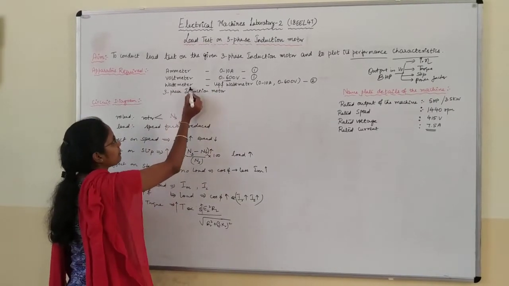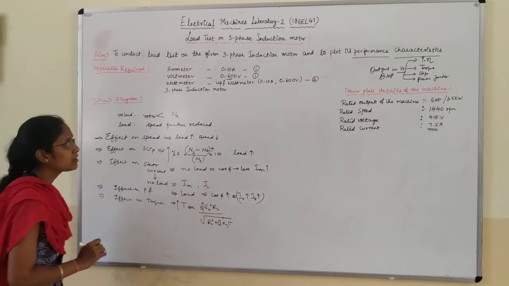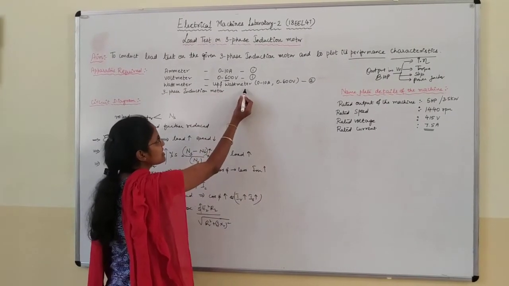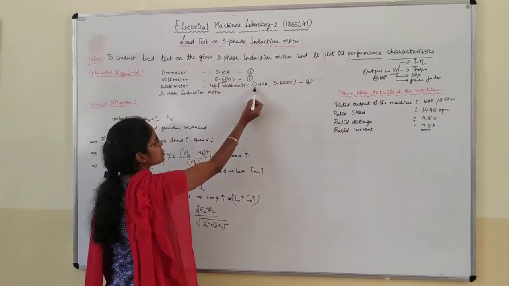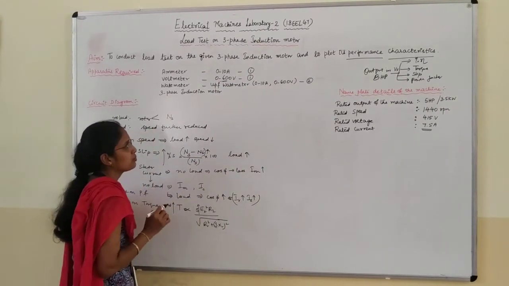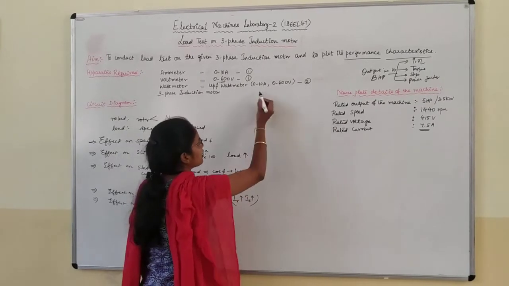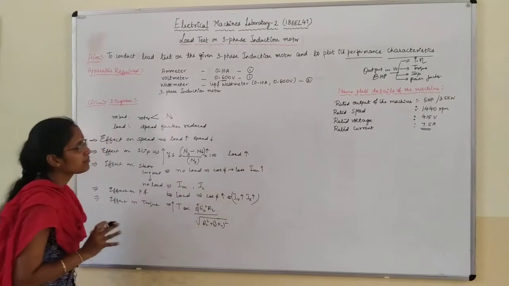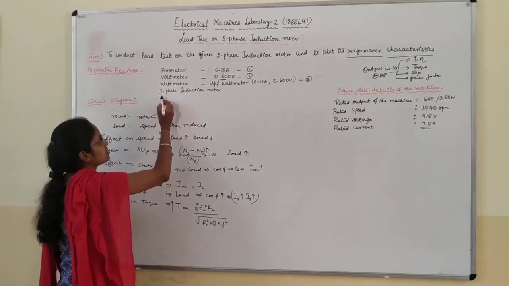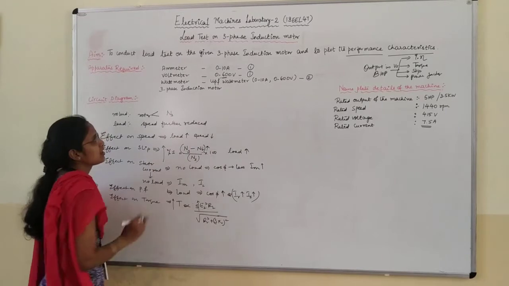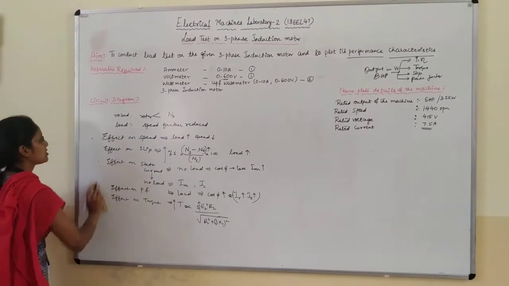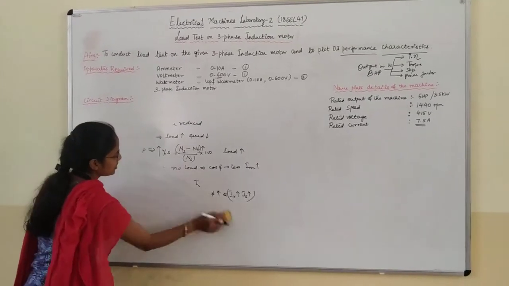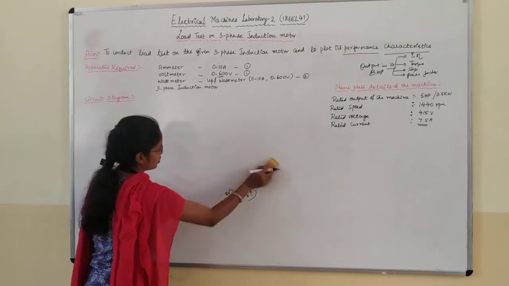And as well the power, that is the wattmeter. We are going to prefer a unity power factor wattmeter, that is a UPF wattmeter, of range 0 to 10 amps due to the rated current, and 0 to 600 due to the rated voltage. This is how we can decide which wattmeter to prefer. Next, the kit which you are going to use is a 3-phase induction motor. So let us draw the circuit diagram, in which we are going to consider three different sections.